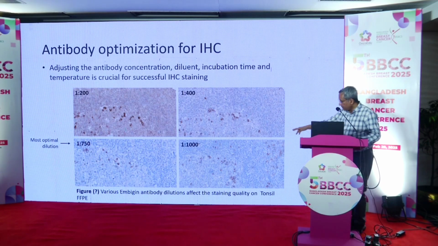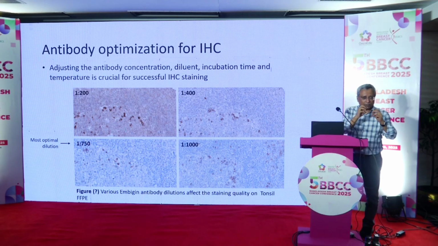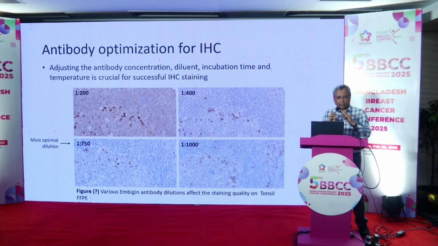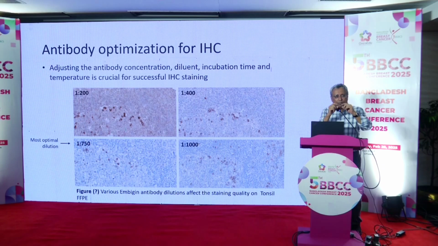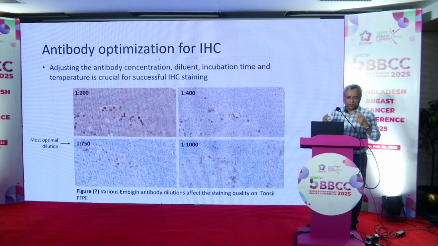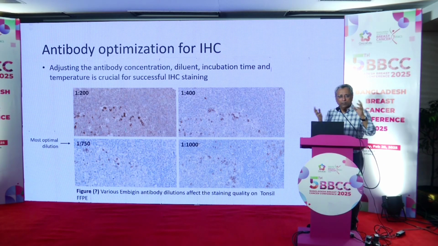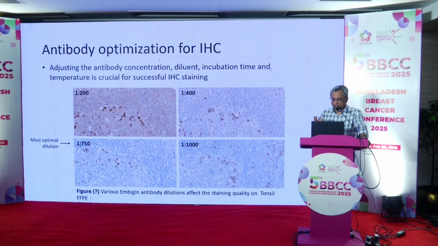At 750. But also you have to balance your target cells, right? How do the target cells stain? A very crisp staining of your target cell against a negative background should be the optimum. That should be our aim to achieve. But sometimes you have to balance between all the different factors. It's not always ideal that you will get a very optimal picture.